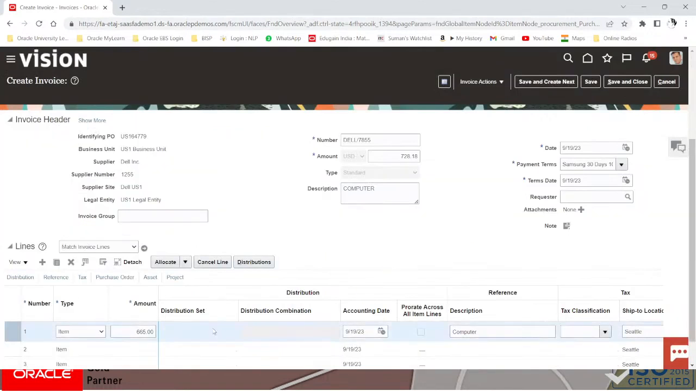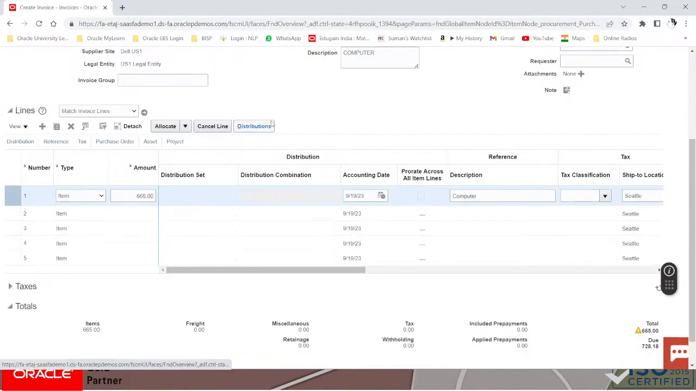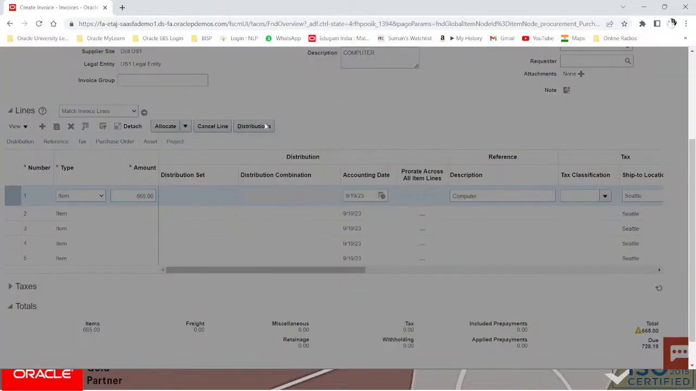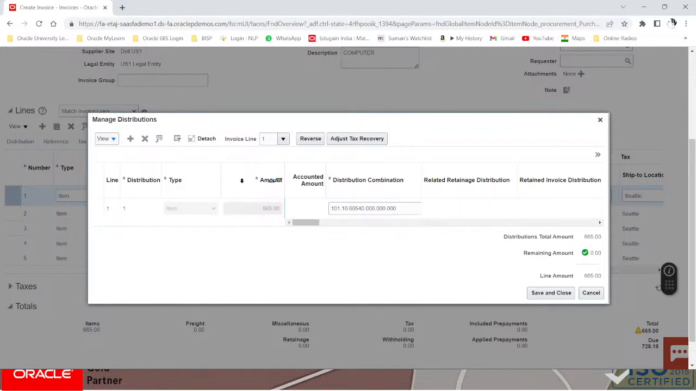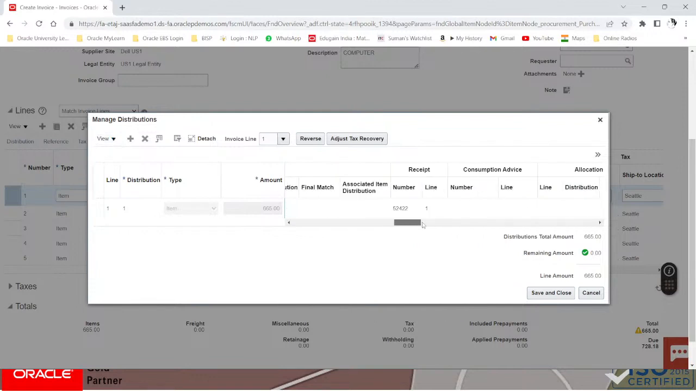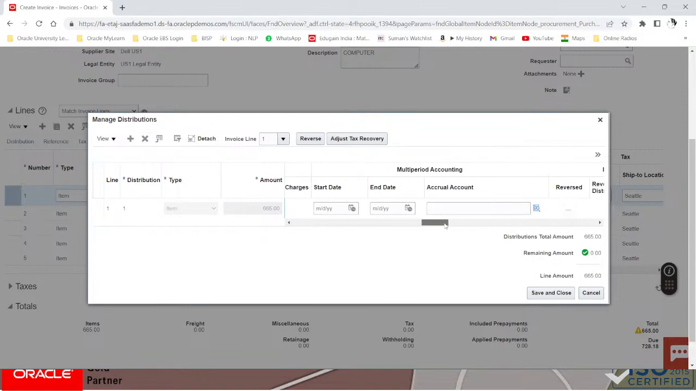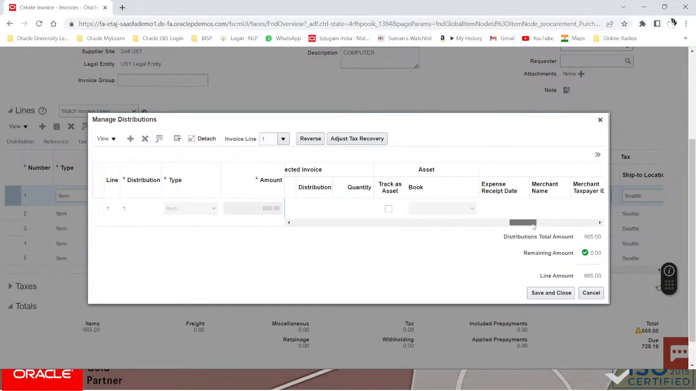So you can see out here the lines, and go to the distribution combination. Out here you will go to, and there is a track as asset. So if you go, here we are, track as asset, select that track as asset. This is the lowest level, right? This is the lowest level. So track as asset,